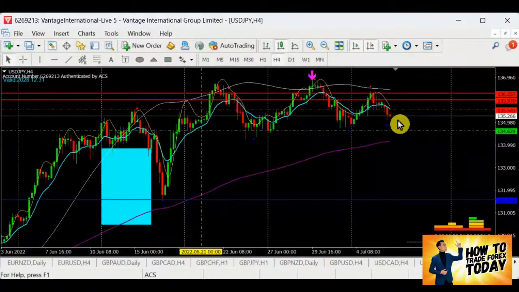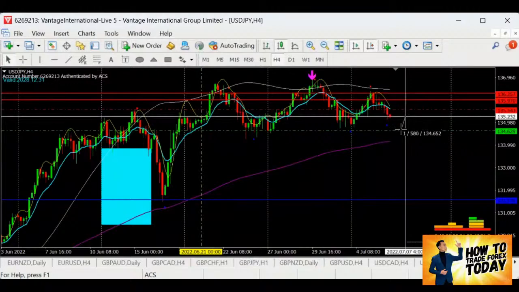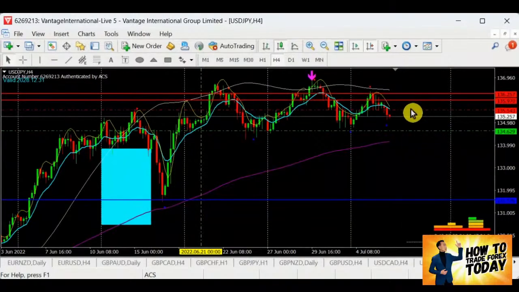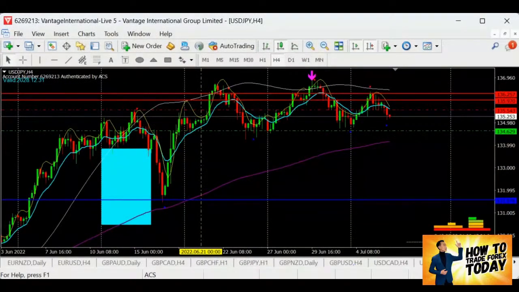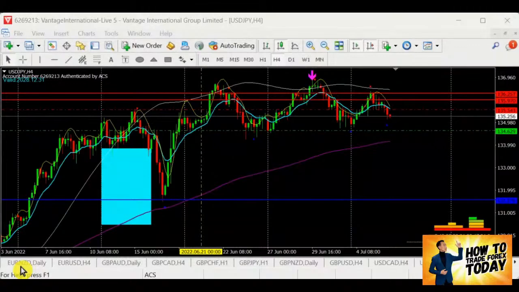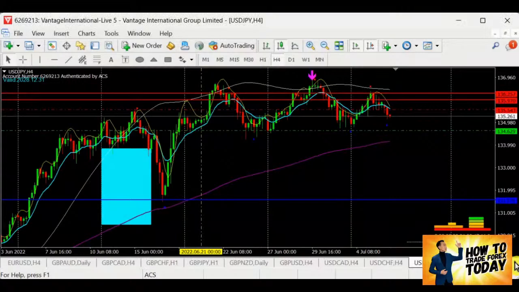We can take a look, of course. Yes, we can. But just be very careful with dollar yen. We have about 60 to 70 pips for selling. If it breaks out of the resistance, we have about 35 pips from now. So I'm going to put this dollar yen into my watch list. But just be very careful, guys. Just remember it must test the resistance.